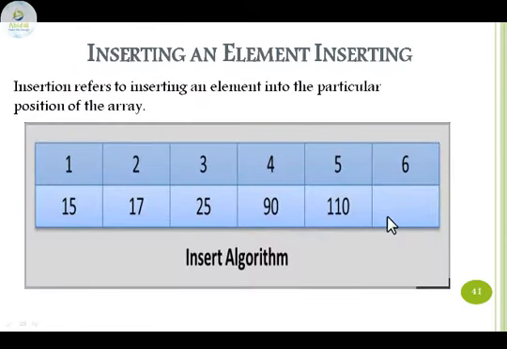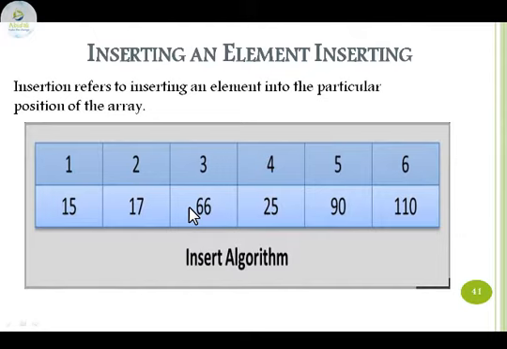For example, let us understand this one. 110 needs to be shifted to the 6th position, which was in the 5th position. 90 needs to be shifted to the 5th position, which was in the 4th position. 25 needs to be shifted from position 3 to position 4. Then I will get the vacant place at position 3, then insertion will be performed.